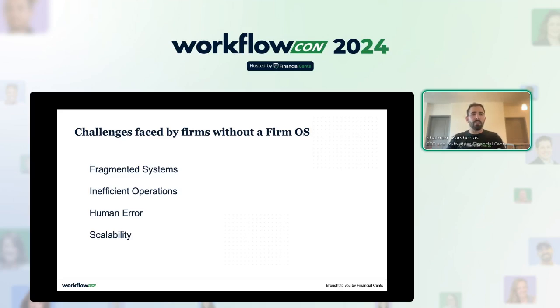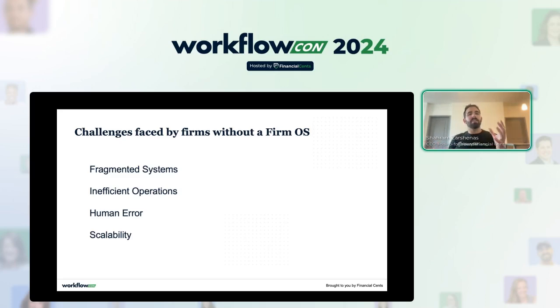And this creates inefficient operations, right? Because at first when you start out, you're using sticky notes, spreadsheets, paper. Maybe you're using different apps for different things. But as you grow, it becomes worse. It becomes more complicated because switching between all these apps is confusing, not just for your team, because they don't know where to go for what systems, or they're spending a lot of time trying to remember and looking through all the different systems to find different things. But on your client side, your client may have to think, okay, I've got to go to Slack to communicate with them. I've got to upload my documents here. I've got to pay my invoices here. If I need to ask them a question, I'll do that here. They're also confused. It's creating a terrible client experience.